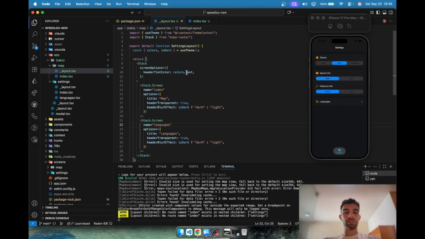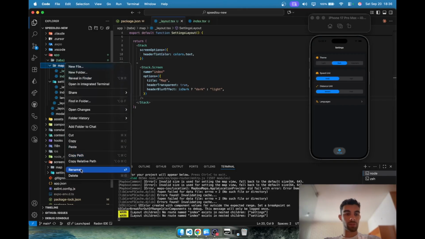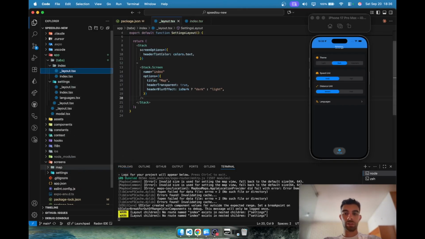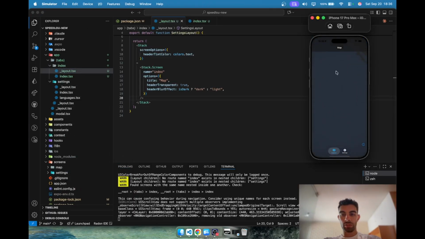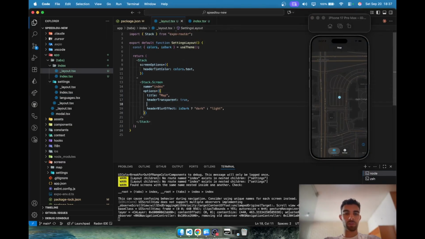Okay, so we transition a new layout into here. We are using the old layout. I will delete this screen for now. It is not picking up anything, as you can see. Maybe if we call it index, it will pick up. There it is. This is our map screen. Now it has the header up top, as you can see. For this specific screen, we are going to hide the header. Header shown